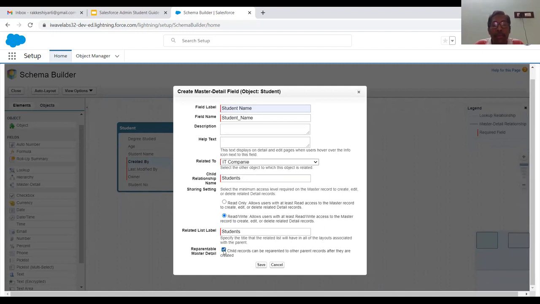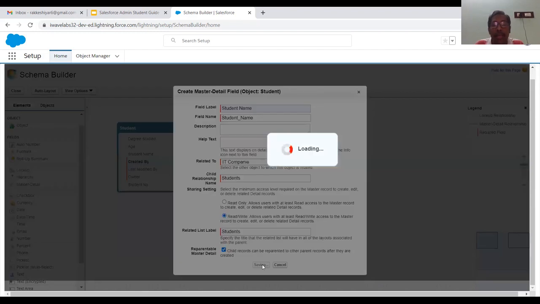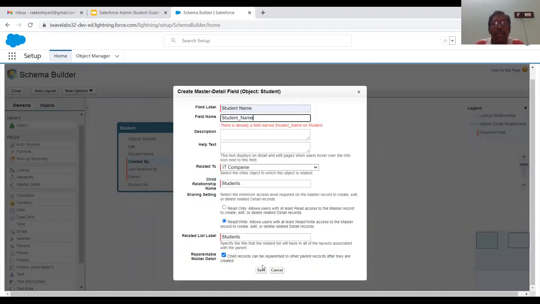reparentable master detail relationship. If you want to reparent, you can select that and click on save. So that is the master detail relationship. On which field do you want to have a relationship?